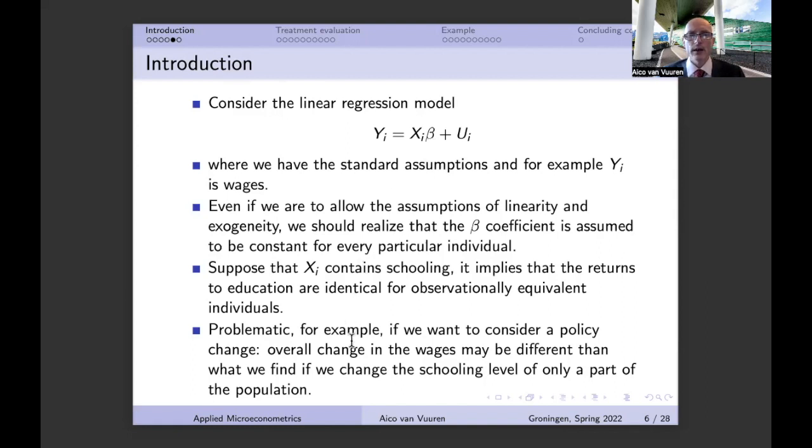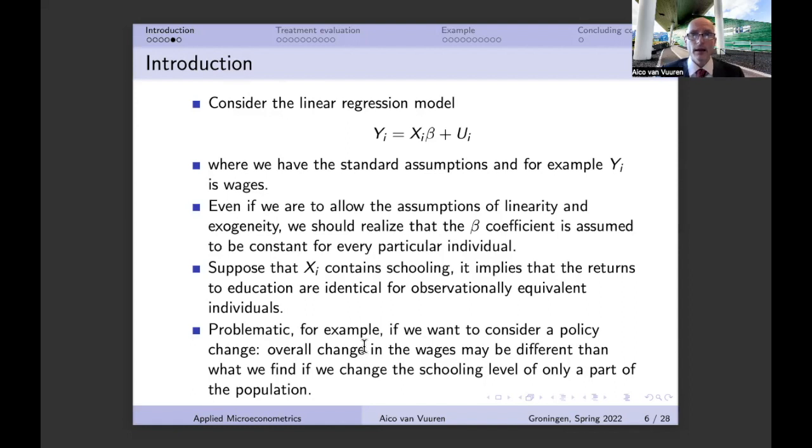And we should take into account that that's immediately problematic. This is problematic, as we will see later on, at the moment that we would like to do econometric research. But we should also take into account that this is problematic at the moment that we would like to do policy analysis. And the reason behind that is because, suppose that at a particular moment